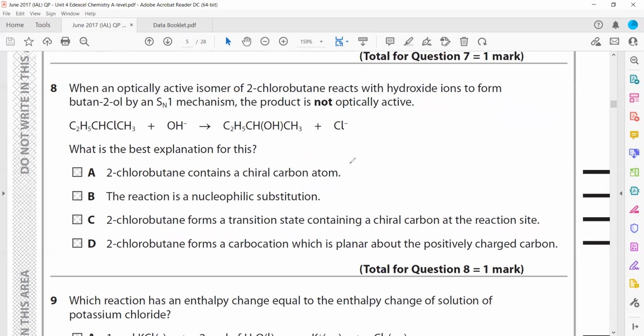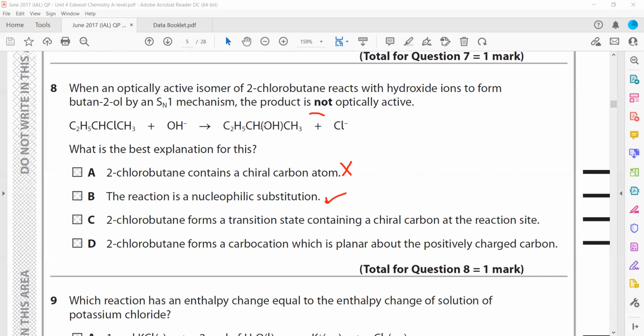2-chlorobutane, if it contains a chiral carbon, then it means it should be optically active. The reaction is a nucleophilic substitution reaction. That is true, but that does not explain why the product is not optically active. 2-chlorobutane forms a transition state that has a chiral carbon at the reaction site. Again, that is not explaining the idea,